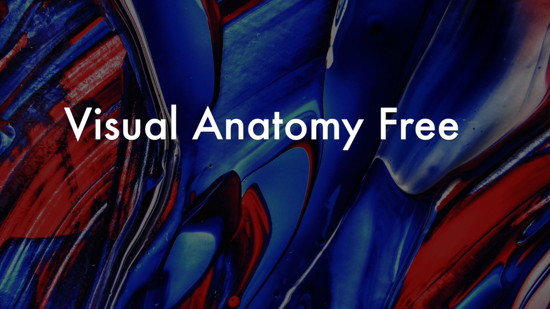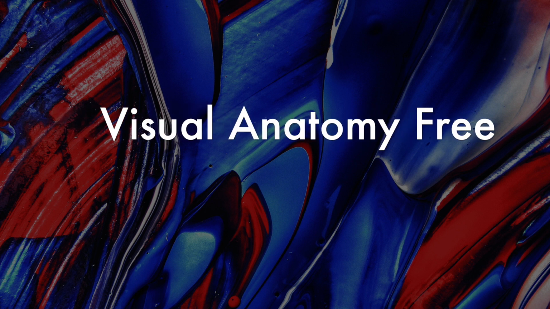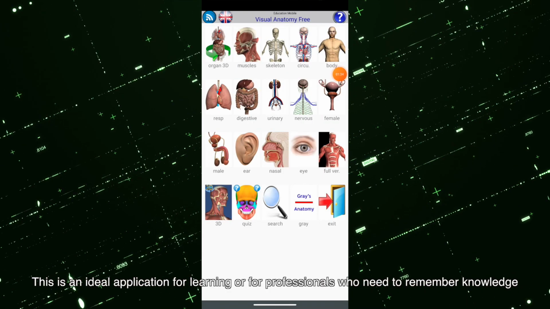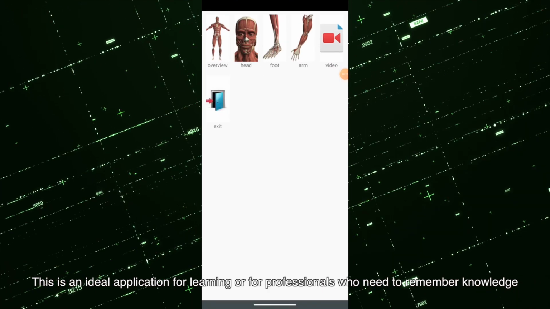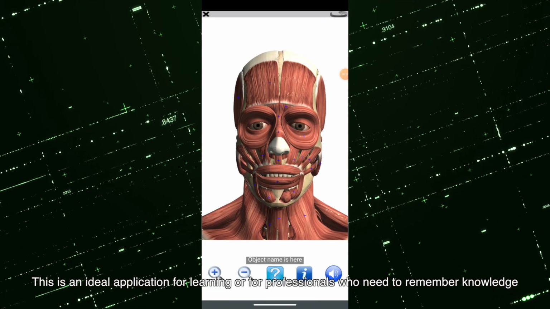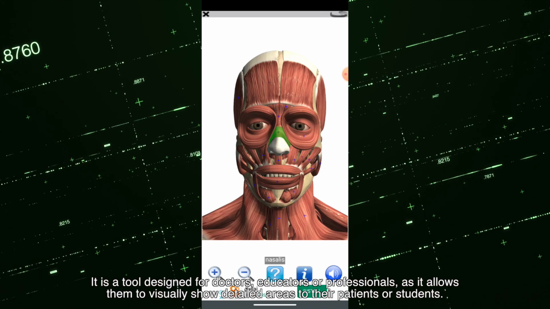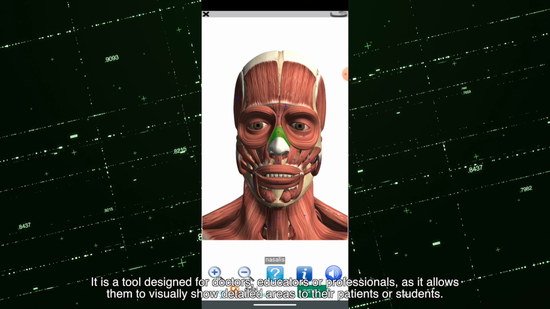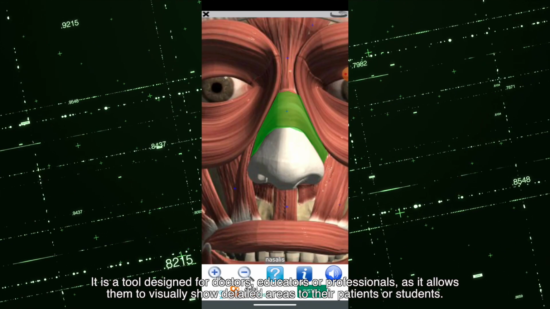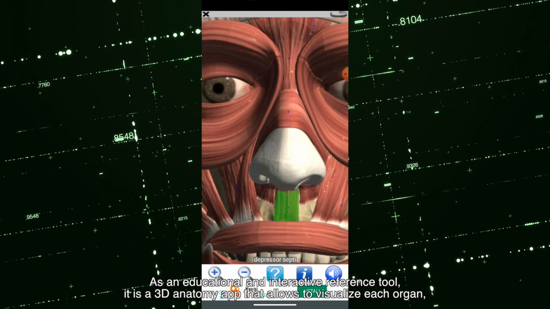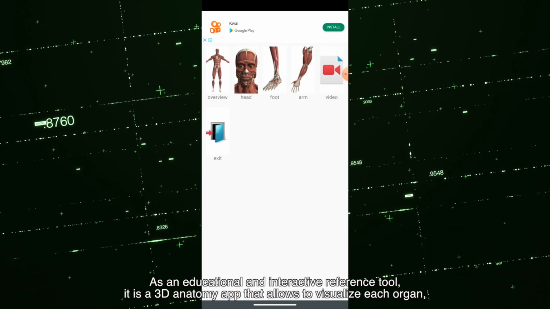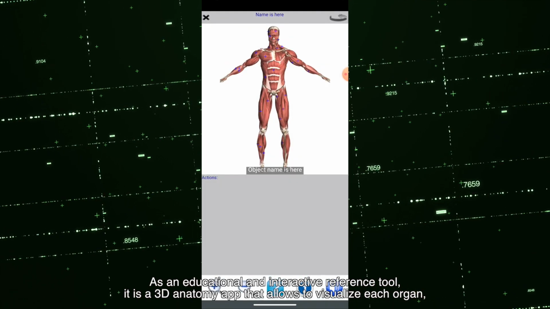The third is Visual Anatomy Free. This is an ideal application for learning or for professionals who need to remember knowledge. It is a tool designed for doctors, educators, or professionals, as it allows them to visually show detailed areas to their patients or students. As an educational and interactive reference tool, it is a 3D anatomy app that allows you